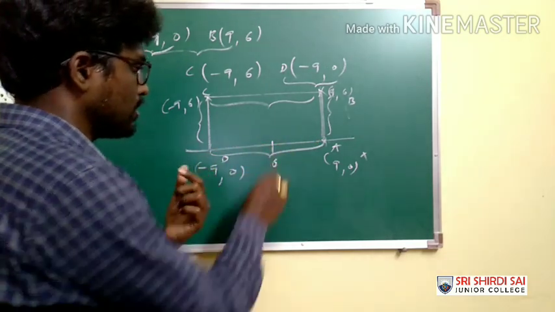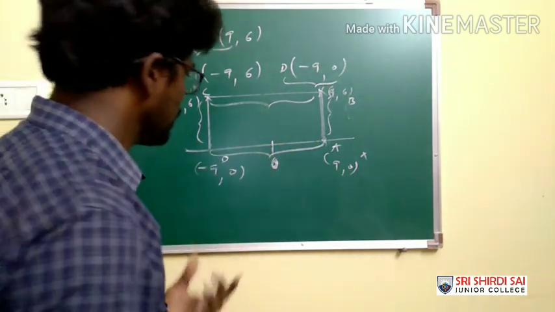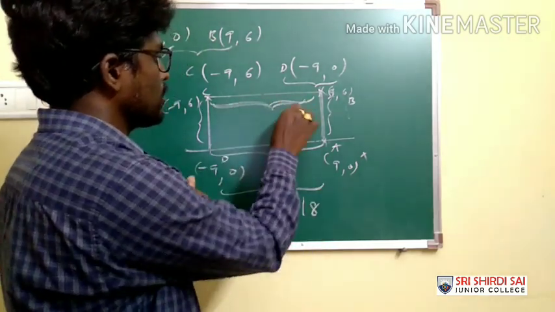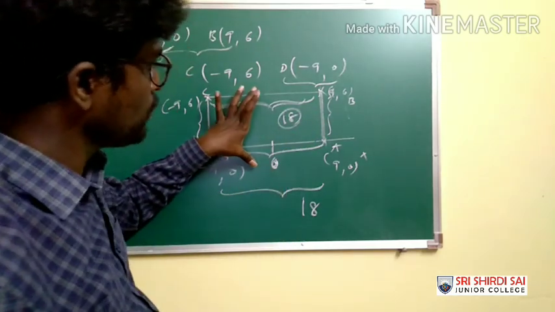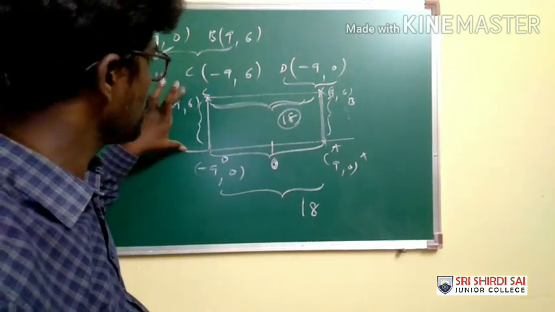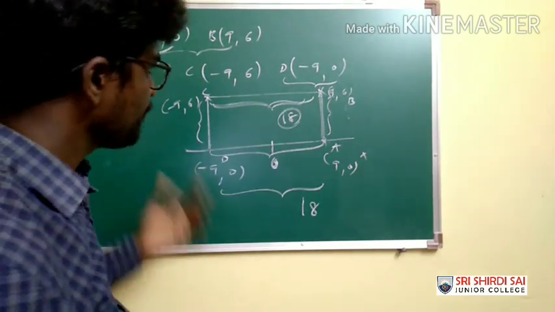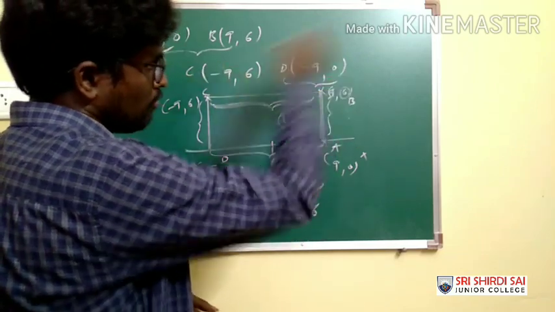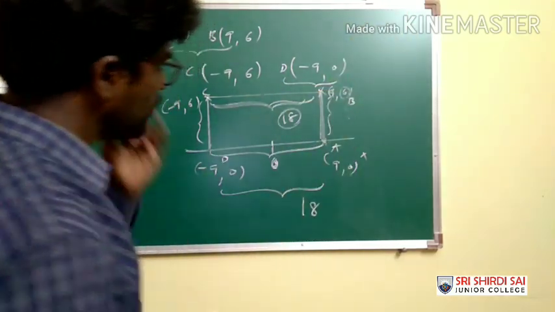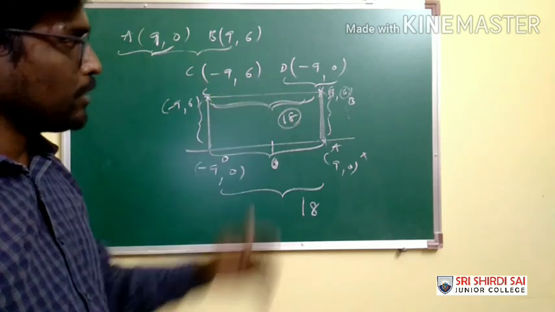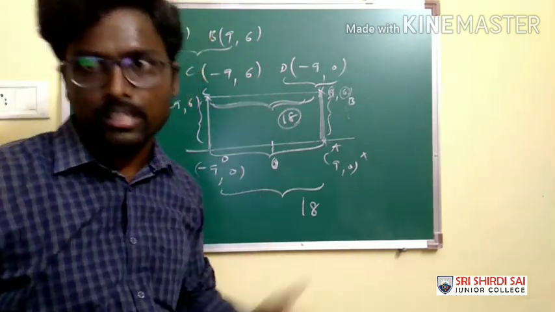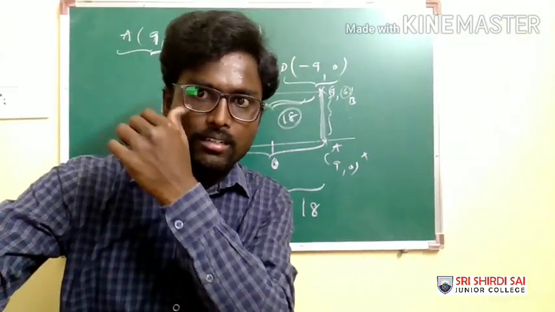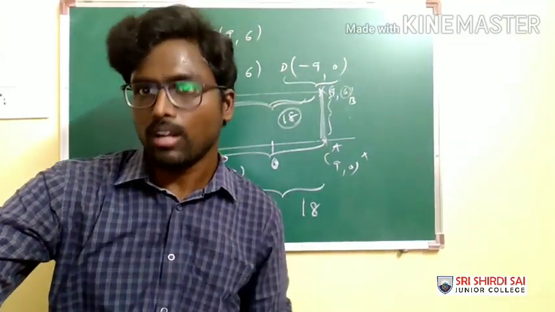If you treat this as the origin center on the x-axis, 9 units and 9 units will give you 18 units. So this length also is going to be 18 units. So opposite sides are equal with 18 units and these two sides are equal with 6 units, because the total length is 6, as we have 6 on the y coordinate. Therefore, without any calculation, by using something like distance formula, we can conclude that these coordinates are going to give us a rectangle. Very clearly it can't be a square, so you need not think about rhombus and trapezium